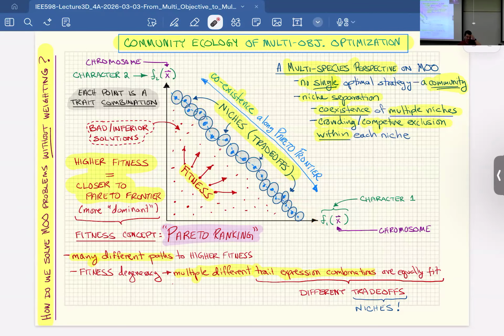Yep. Is there a specific hyperparameter for determining the size of the niche? Yes, we're going to see that. So we start with Pareto ranking, and then very quickly we're going to go into these diversity preservation or so-called niching methods, and the niching methods have exactly what you're saying. So you have to decide that you don't want niches to be any bigger, roughly they're going to be this size. And then that is going to be an algorithmic mechanism to redistribute individuals that get too close.